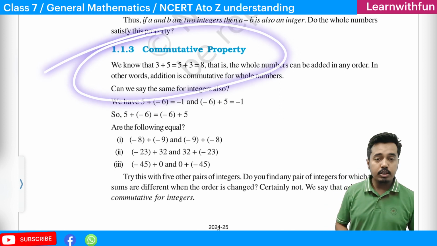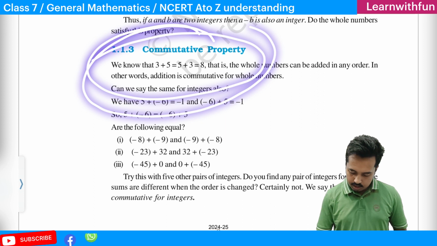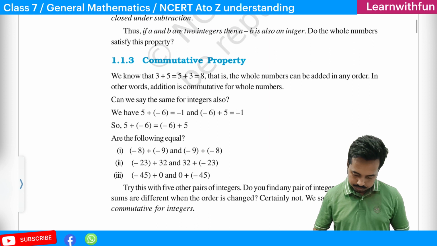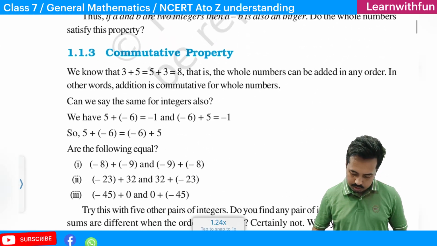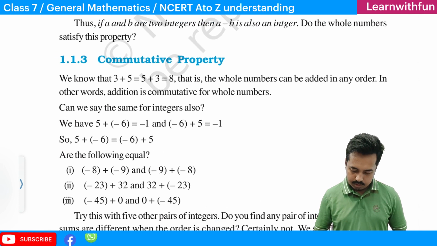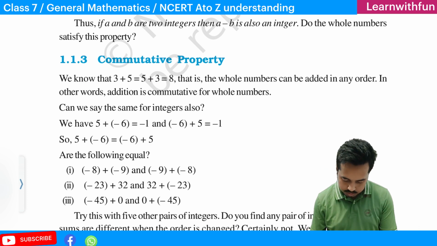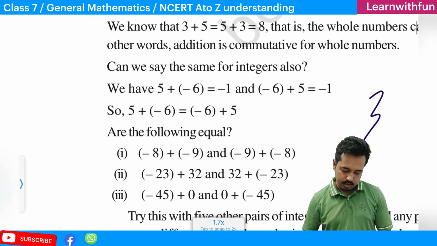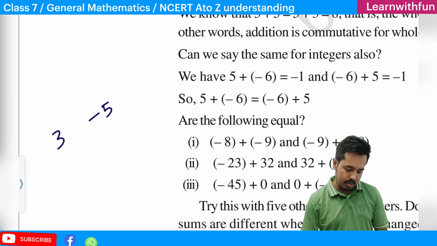This is very much important. You have to know what is commutative property, but commutative property under which operation we'll have to look at it. Commutative property under addition. So first of all we will discuss the commutative property under addition. We will have to take two numbers, that is two integers. The first integer is 3 and the second integer is -5. Okay,